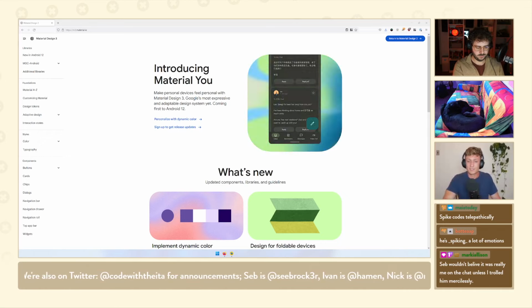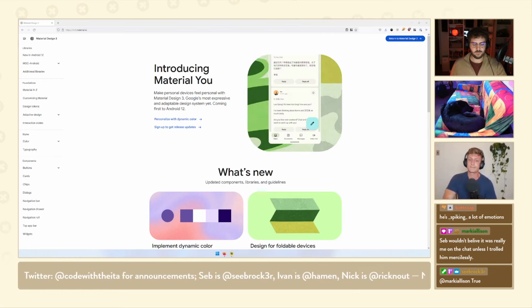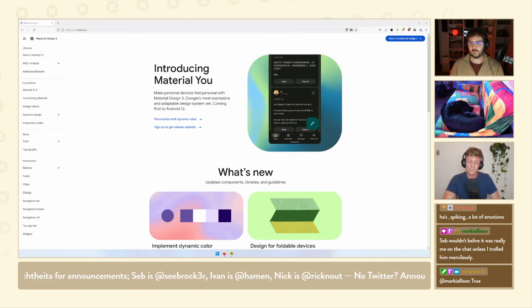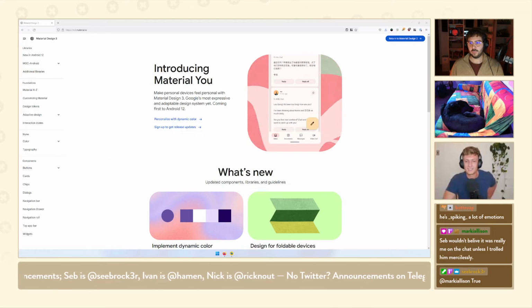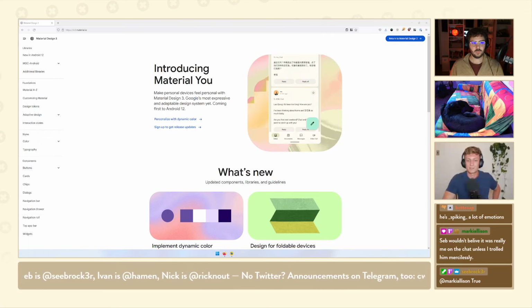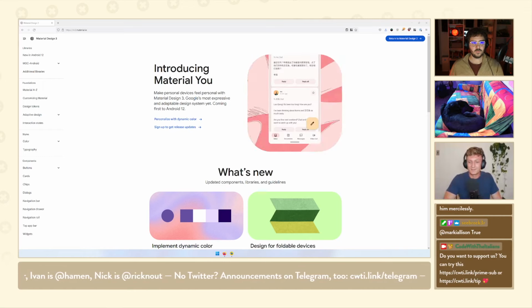Believe it or not, the previous version where we had material theming, the whole host of components that you saw on the older Material website, was considered Material Design 2. And if you go really far back into the Lollipop days, that was considered Material Design 1. Although that wasn't super public for a while, now it's all been exposed. Material 3 is the internal Google version. Now the public knows about it as well.